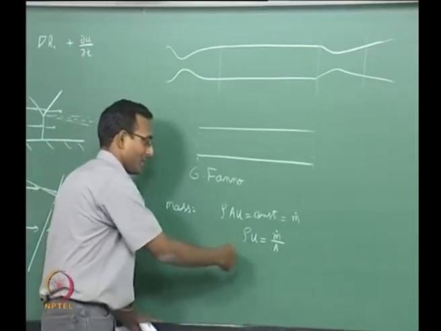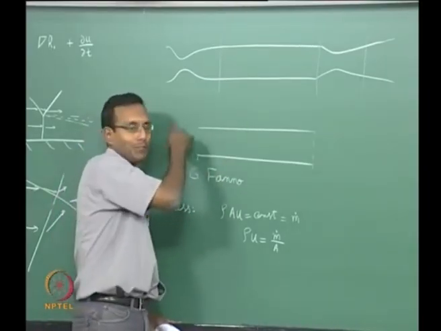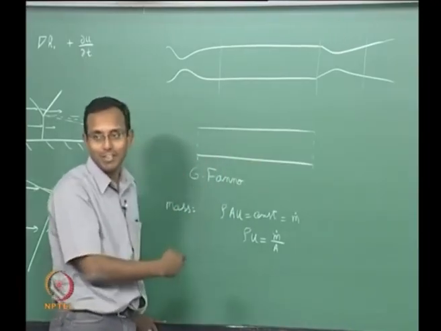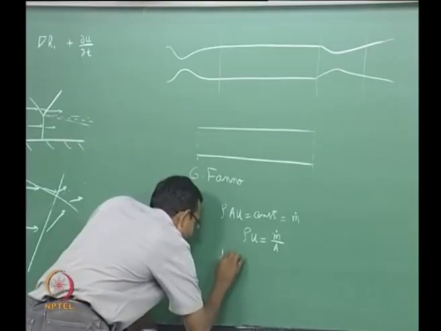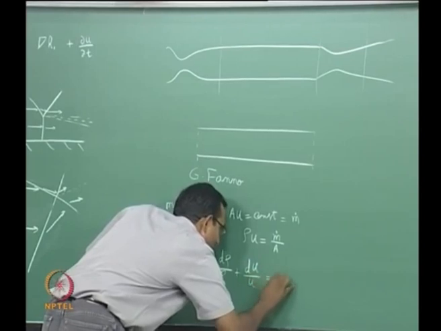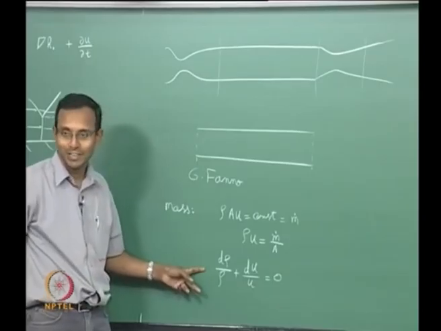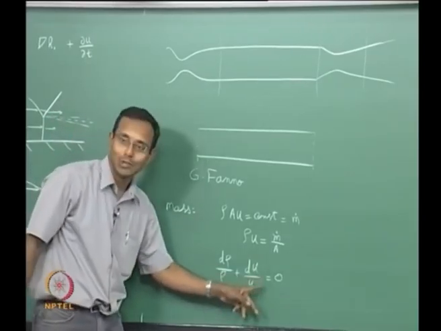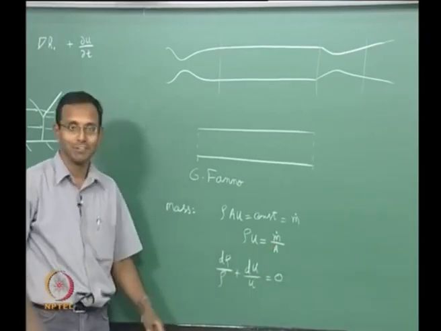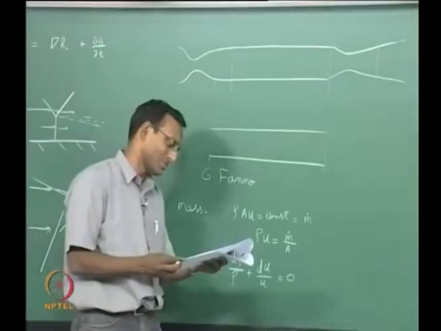Now from here, of course, you can immediately go to the thin control volume. You remember we did 2 types of control volume, a big one and a thin control volume, where you can just think about small changes. It will come out to be differential form. The differential form will be d rho by rho plus du by u equal to 0. You can go and do it, or we did this long back and you can just look at it and say that will have a dA by A also along with it, and area does not change, so dA is 0, then you will end up with this. That is another way of looking at the same thing. You can derive it, it is not very difficult to derive. Mass equation is the easiest to derive everywhere.